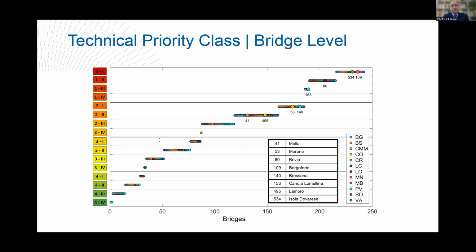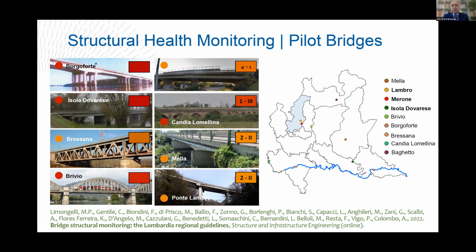technical priority classification, as you can see here, where you have a distribution of a bridge priority class for the entire investigated sample. In this chart, as you can see here, there are also 8 bridges that are identified and highlighted, and they are the pilot bridges that are monitored. You can see them in these pictures that are distributed over the